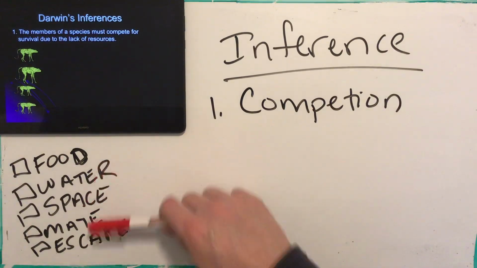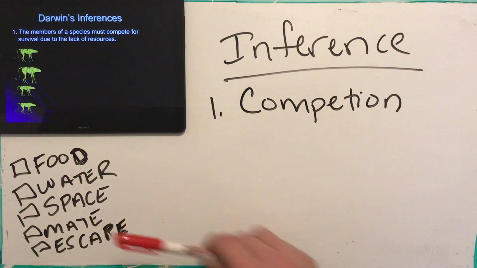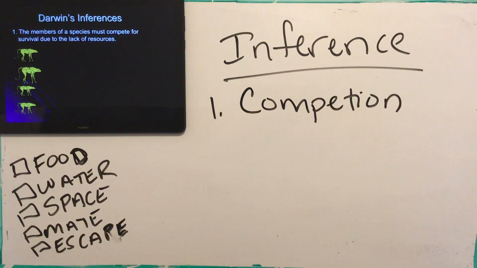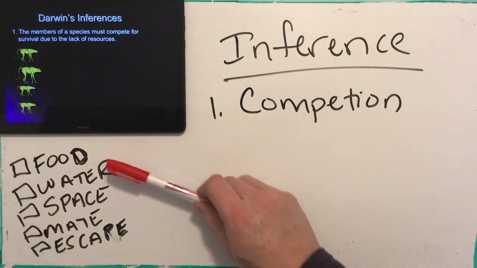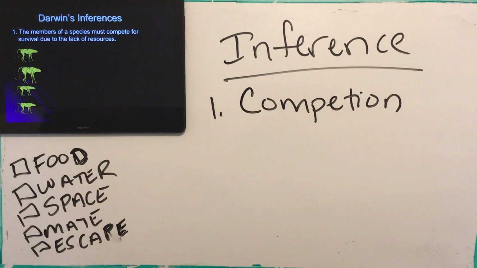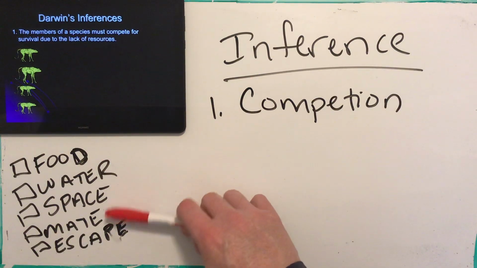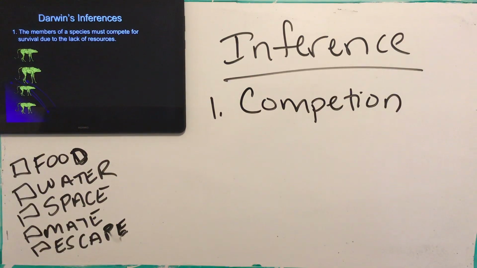And what every animal wants to do is put check marks in those boxes, right? If I can get all of these things, plus some other things that are in there as well, I'm going to live, I'm going to thrive, things are going to be good. But the thing is, each environment only has certain amounts. And as Darwin noticed, a ton of offspring were just put out. So me and my 1,000 siblings, we all want food. We all want water. We all want a space to live. We all want a mate. And we all want to be able to escape predators.